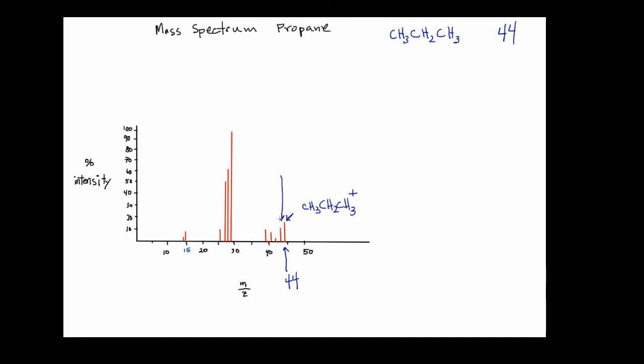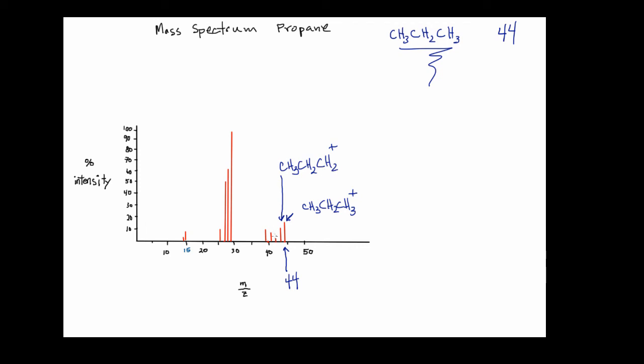So like I said at the beginning of the video, when we inject the propane into the instrument and it encounters that electron beam, that beam of electrons streaming across the hallway, this particle is going to be ionized, but it also is going to be fragmented. So this next histogram peak to the left represents this particular molecular ion here, or it represents a molecular ion that will have this molar mass. The simplest way for me to write it is just this way, showing that we've lost another